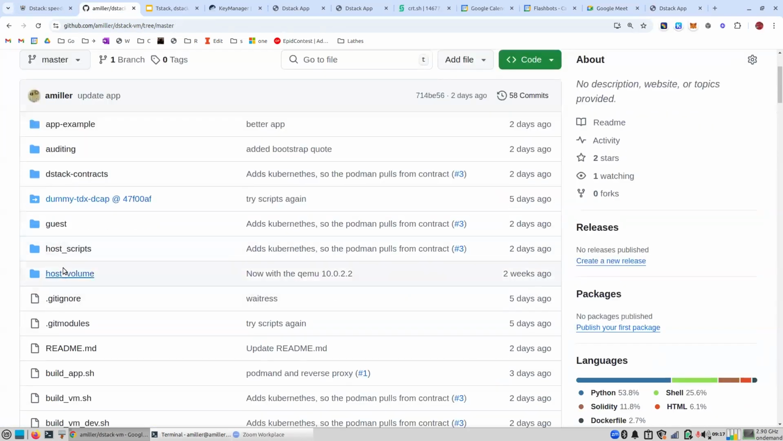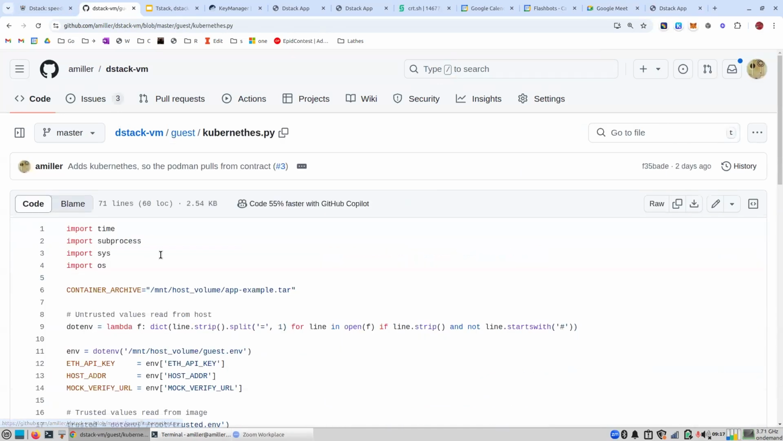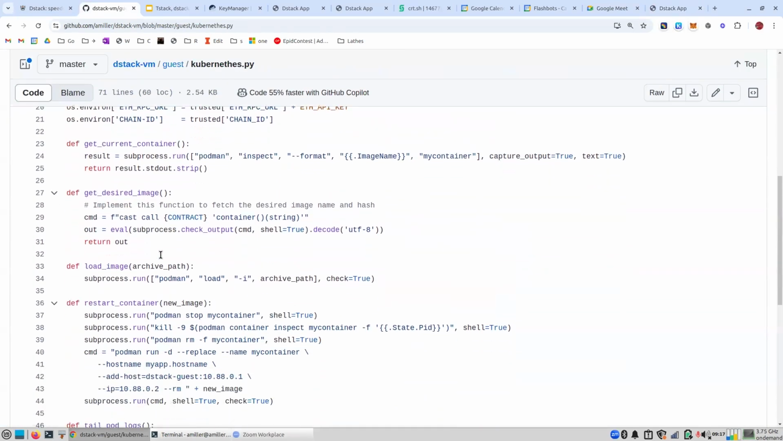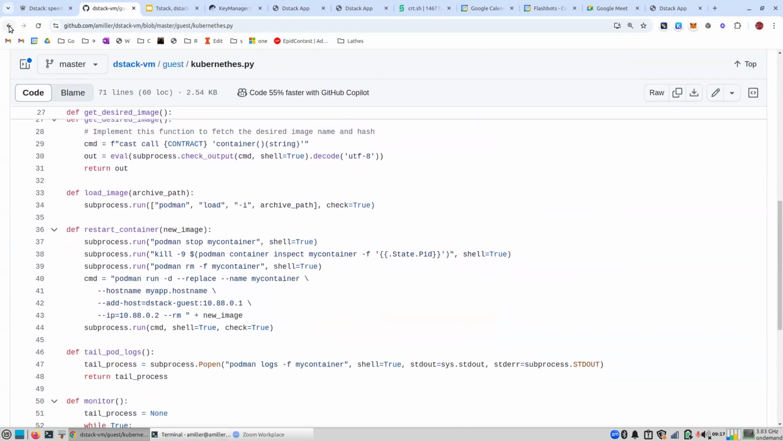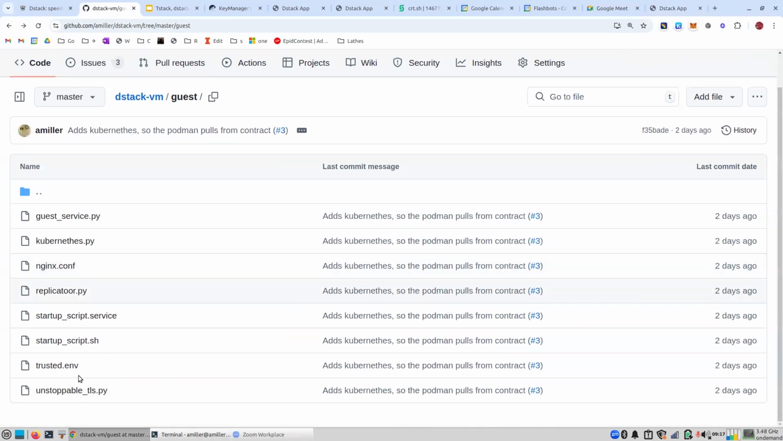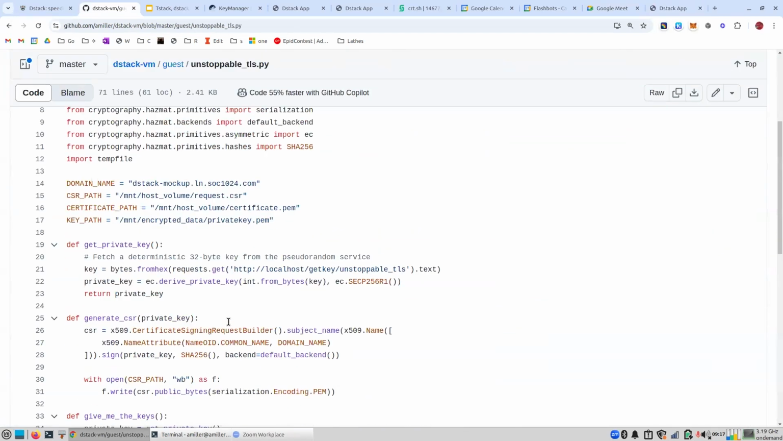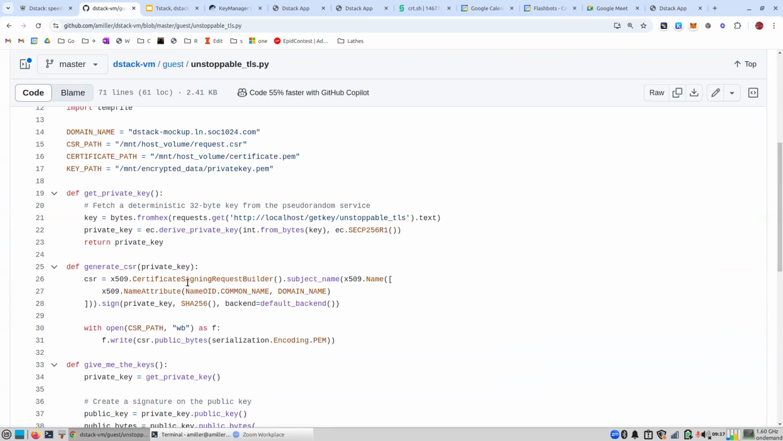look at the Kubernetes script. Wait, wrong script, I think. I wanted to look at the unstoppable TLS script. So what this does is